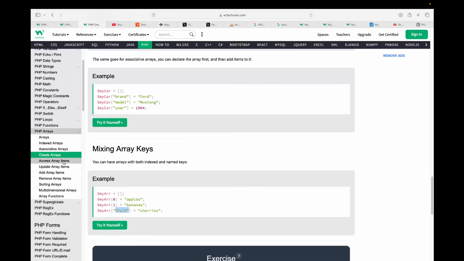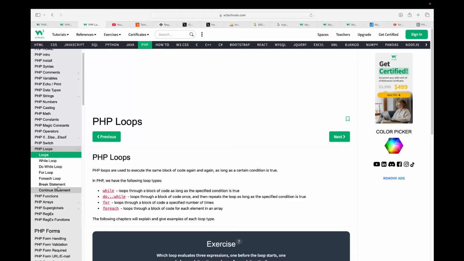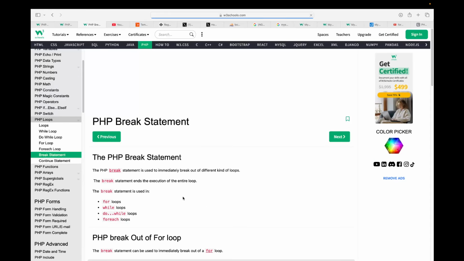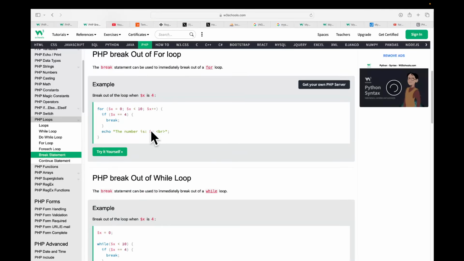When we go through this, the access array items, the update array items, the remove array items, and sorting array are not that important for us, but kindly go through the access array items and update array items. Then coming on to after this, we have gone through the loops, the break statement and the continue statement. We already know how the break statement and continue statements work. So now let's go on towards the